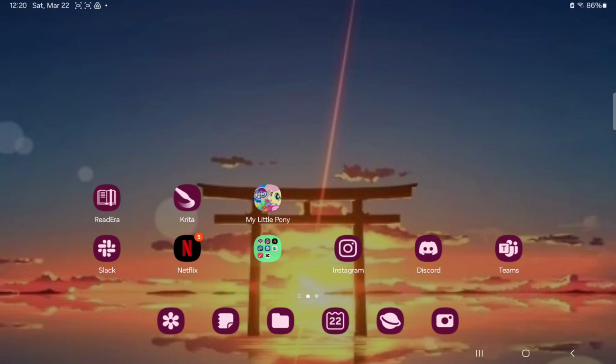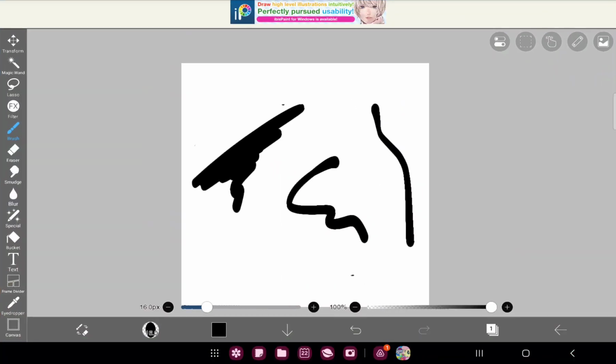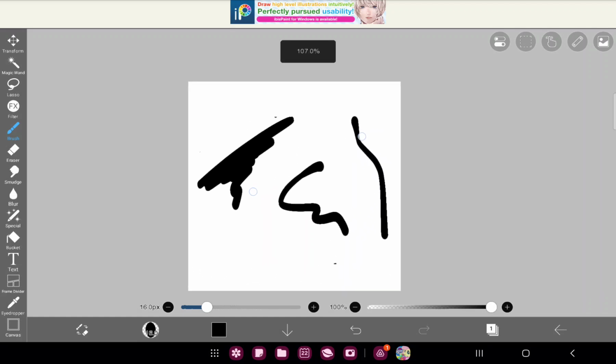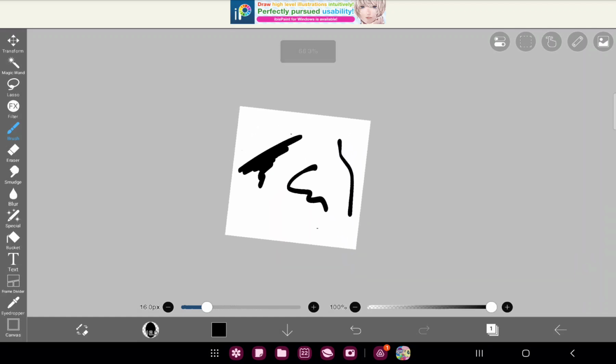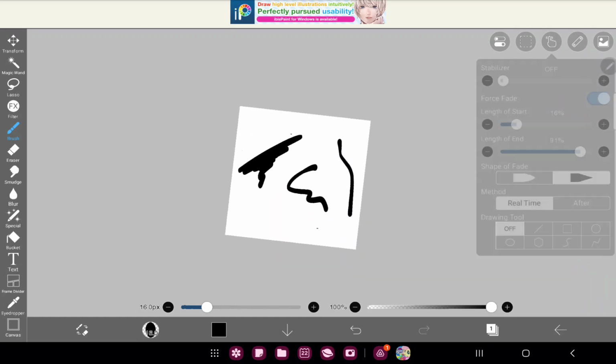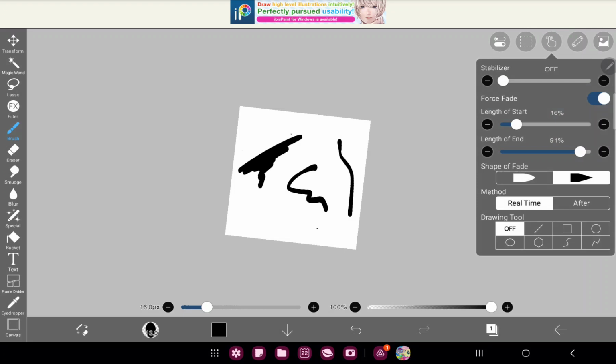First of all, open the application on your device. That's my canvas, and if you want to set the method, click the hand icon at the upper right corner of the screen, and if the force fade option is enabled, you can find the fourth option, the method, and here you can select the real time or the after. Just select one, for example the after, and that's it. You just selected the method of